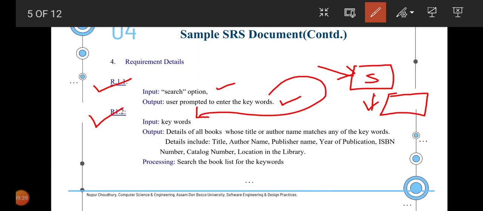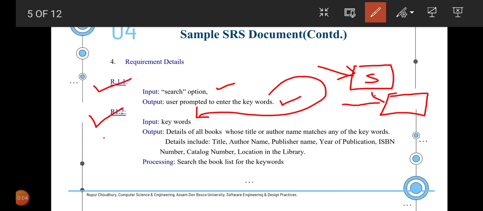So once you have completed with this particular phase, you will move to the next part, which is R.1.2, where you will be asked to enter the keywords to it.